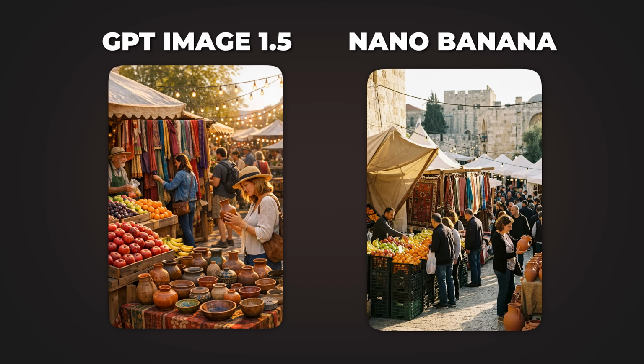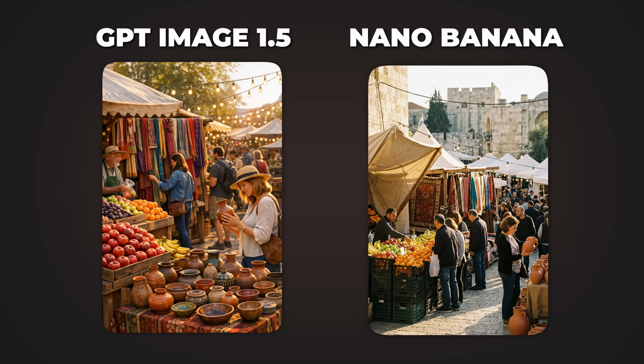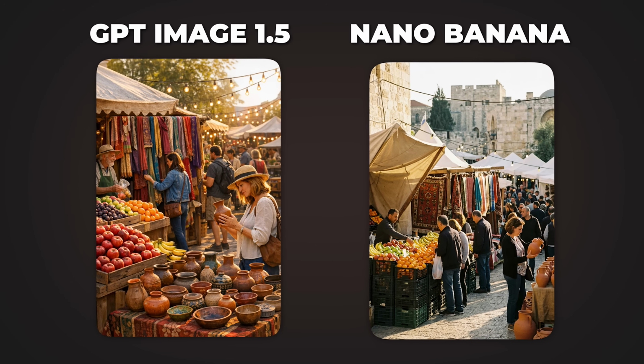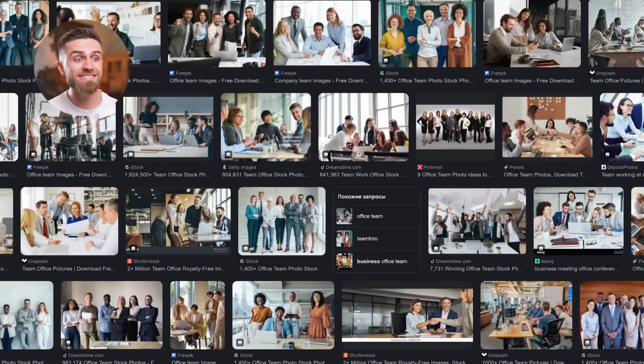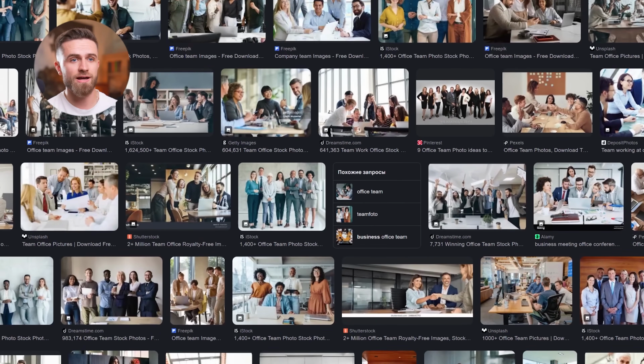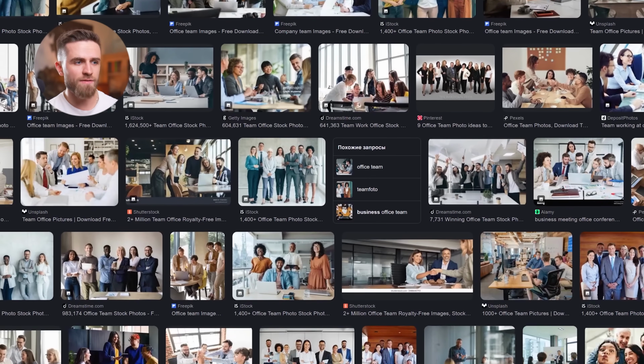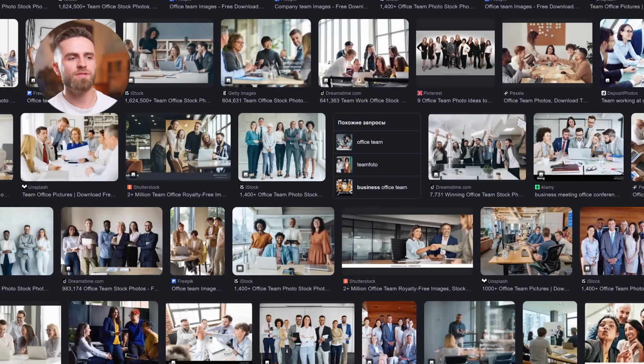Alright, in the marketplace scene, both models could hide behind crowd energy. If distant faces get messy, you can almost get away with it. But in a team photo, there's nowhere to hide. The head count has to be exact, the left to right order has to match, and the poses have to